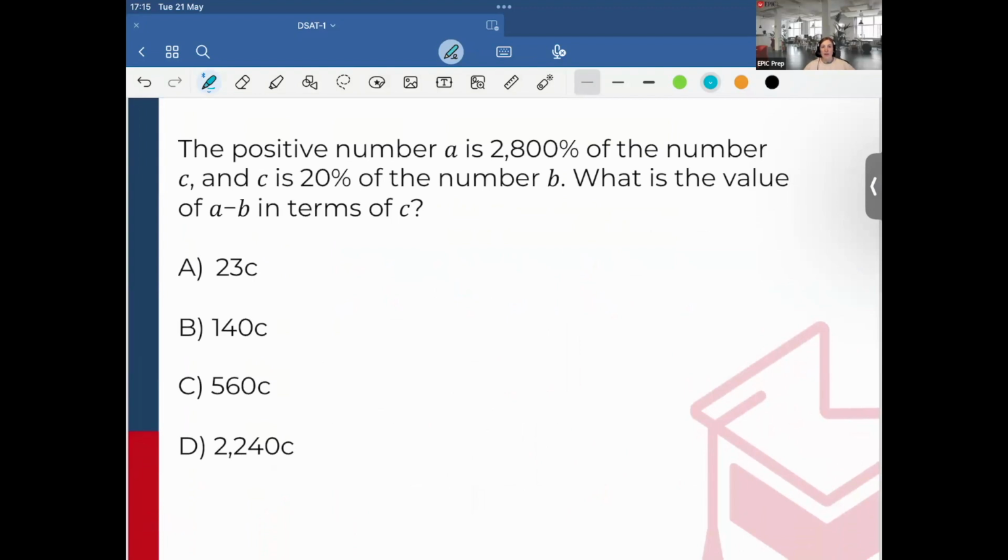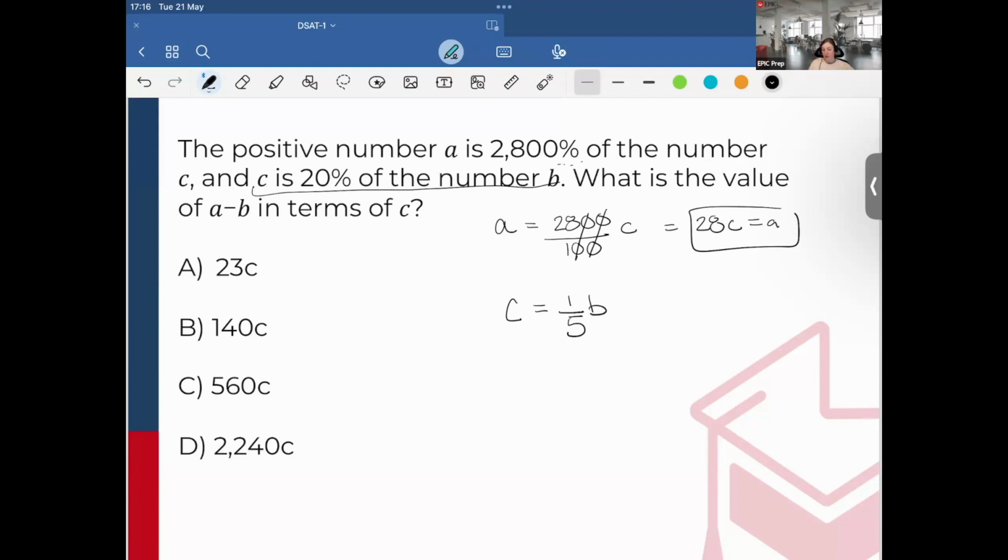Okay, so this one, the positive number A is 2,800% of the number C. To put that into proper terms, we can always write percents over 100. So this would be 28 over 100 of the number C. So A is equal to 28C. And then C is 20% of the number B. 20% is the same as 1/5